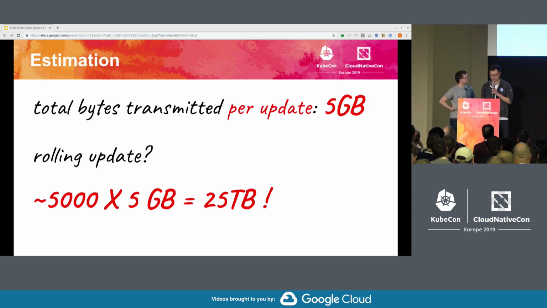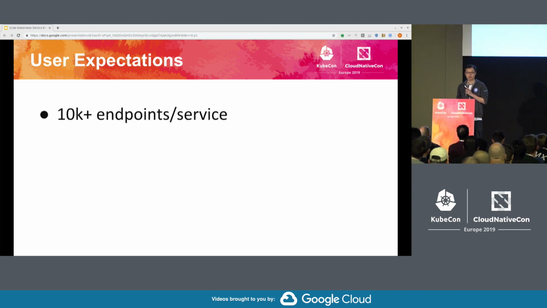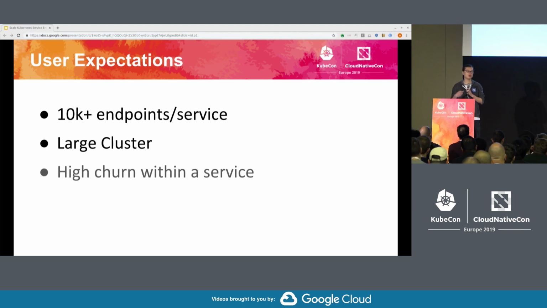All right, thank you, Wojtek, for laying out the problem space. So let's focus a little bit on the user side. What does the user want? The user wants to run large services with thousands of endpoints, and wants to run them in a large cluster with thousands of nodes. And the user wants to be agile.